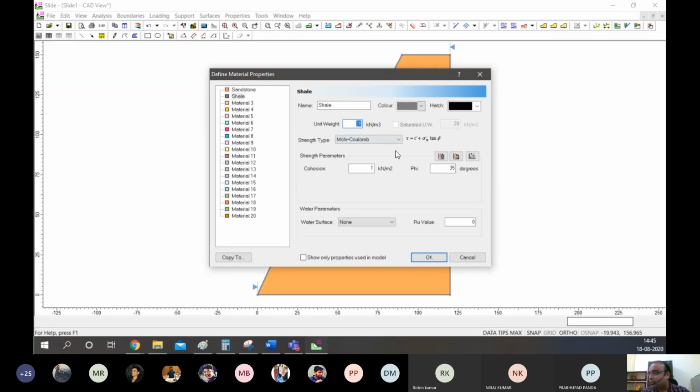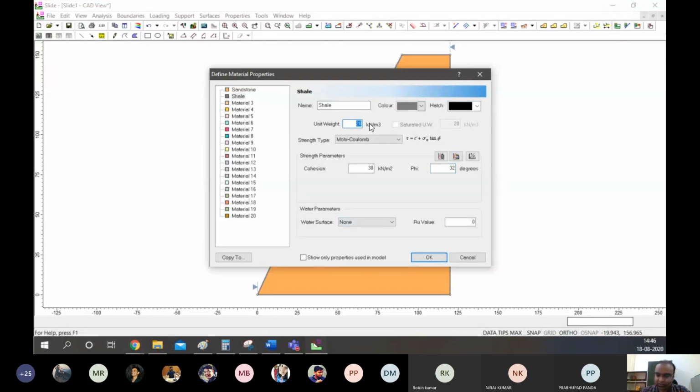And let's put the properties of shale in the Mohr-Coulomb criteria only. Let's not take the GSI aspect. So let's put the cohesion of shale at 30 and phi at 32. Okay.